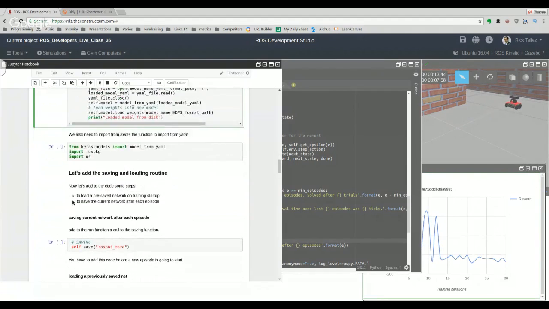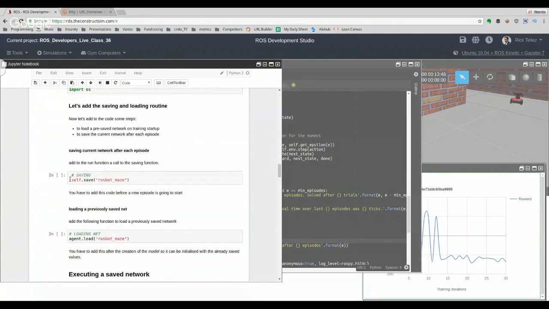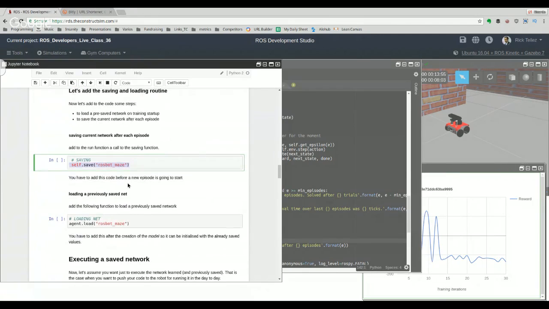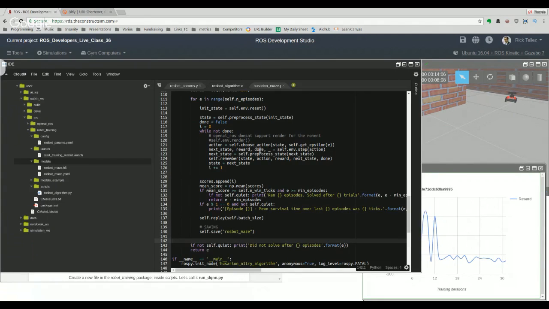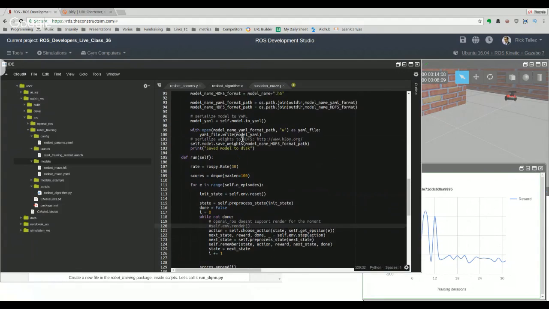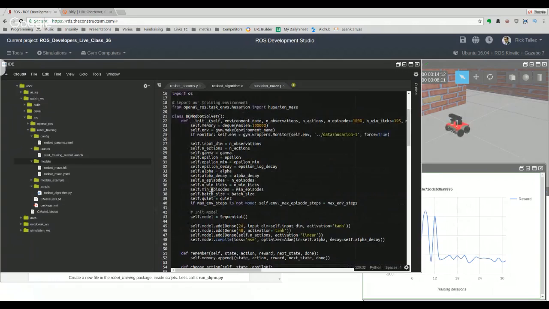Then what else? So let's add this. As you know, I have already added the saving of the model. And then the only thing that remains is that we have to load it. So for that, what I would recommend is that we put this, it depends on where, okay? So at present, this learning script, every time that we start with the launch file,